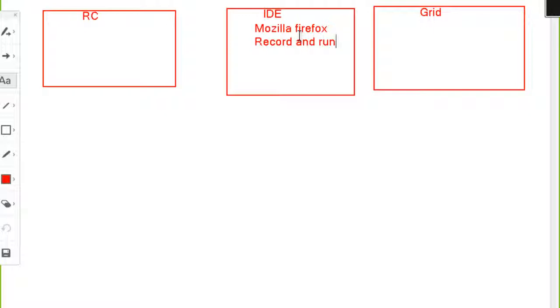Dynamic things, for example, a website like yahoo.com: every day the contents of yahoo.com will change dynamically. Or say any news channel or any sports website, these days the websites are dynamic. So you just cannot record and run everything.